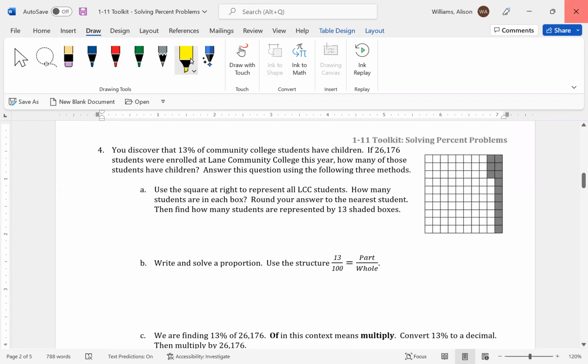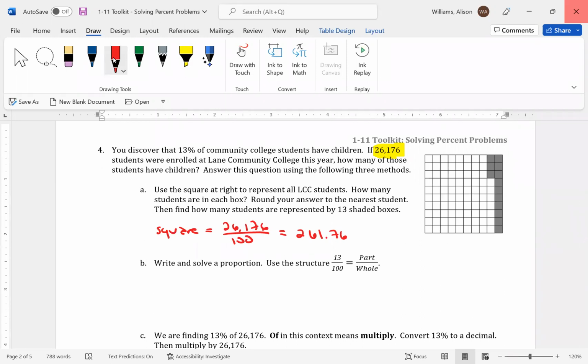If the total population for their students is 26,176, then each little square, one square, is going to equal 26,176 divided by 100, because it's broken up into 100 little boxes. All right, and doing that on my calculator, I get 261.76, or I could say it's approximately 262 if I really wanted to, but I'm going to leave it as a decimal,